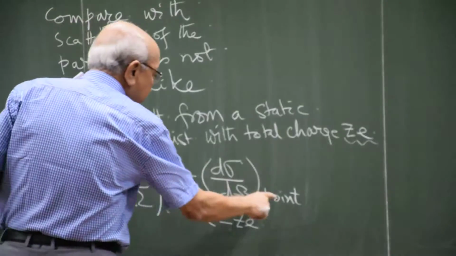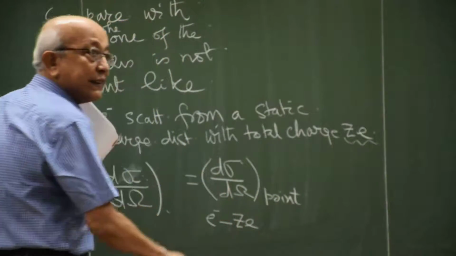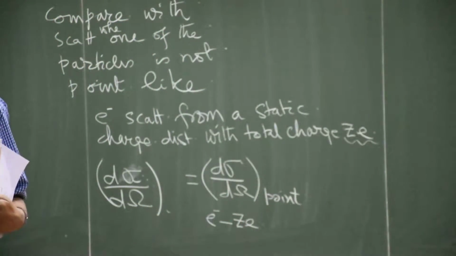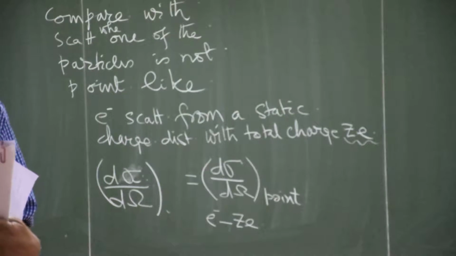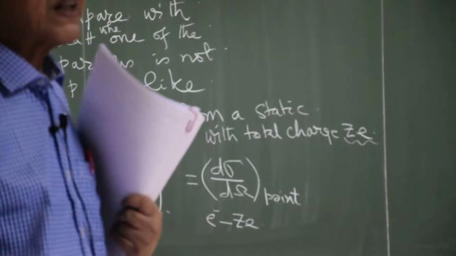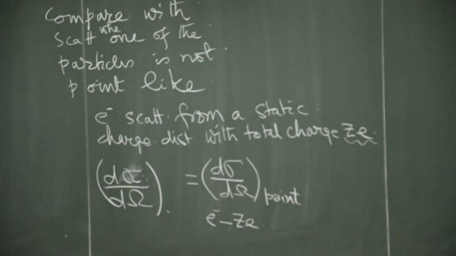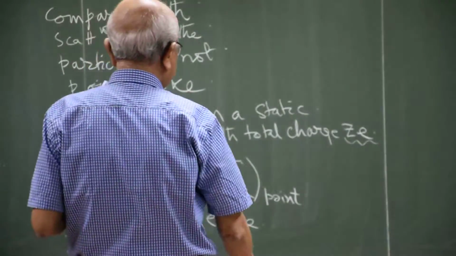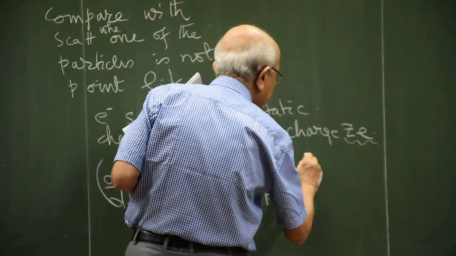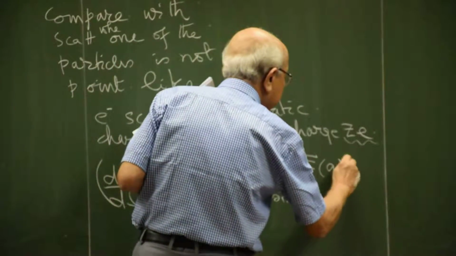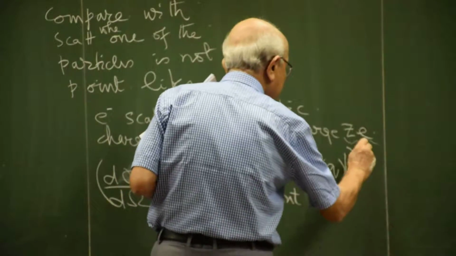So d sigma d omega point is the computable cross section when the electron scatters from a point particle of total charge Ze, and the result will be